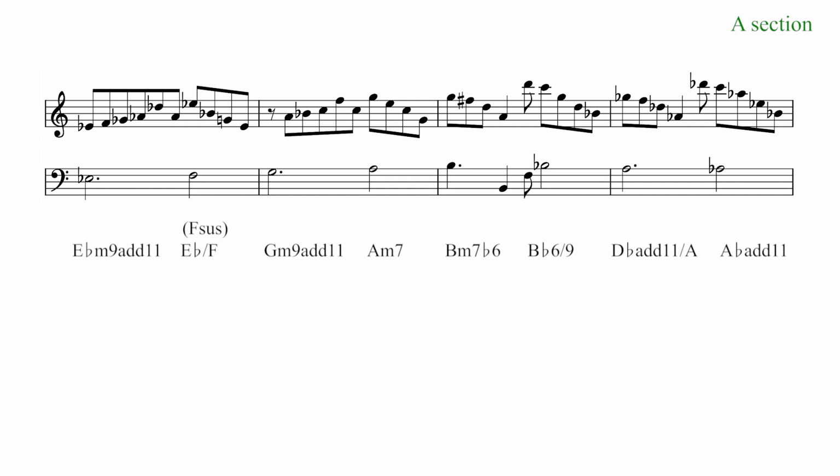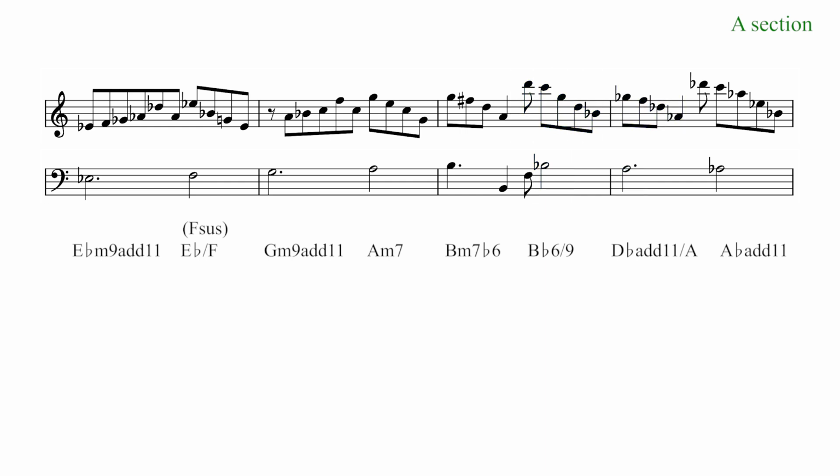Here, the bass line makes several chromatic steps downward, extending that downward chromatic change from the previous repetition. Also, the second arpeggio is changed to better match the new bass pattern. These changes produce 2 new chords, a B flat 6-9 and a D flat major at 11 over A.